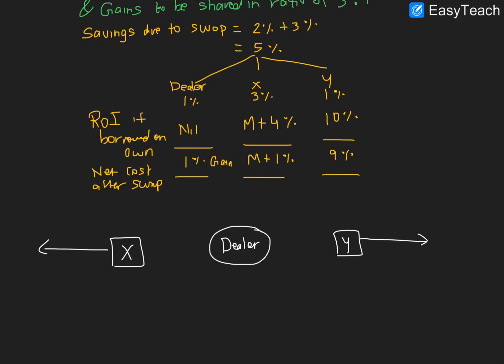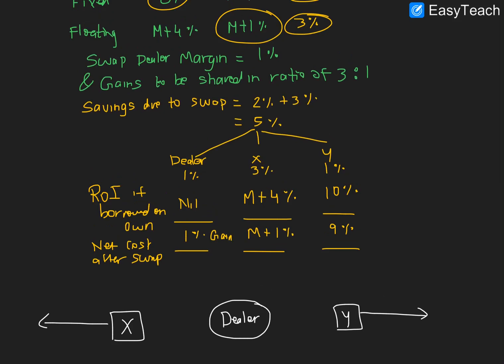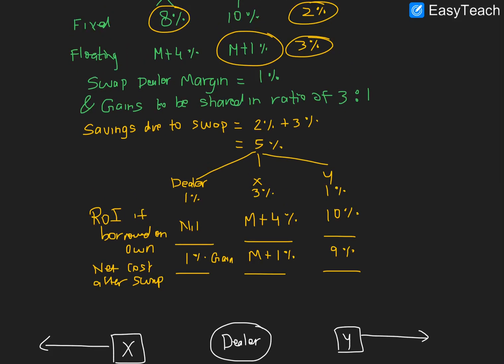So X would be paying outside the given rate, which is 8%, whereas Y would be paying outside MIBOR plus 1%. And then they need to exchange their interest obligation so that a swap is properly working in between them. So now coming to simply X says that my cost should be MIBOR plus 1%. So it will simply say to the dealer,